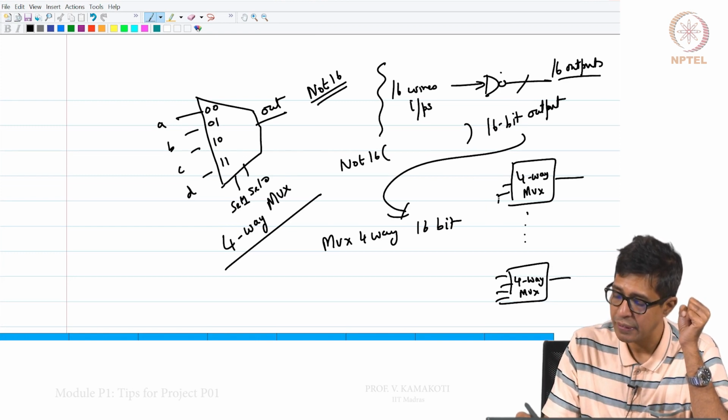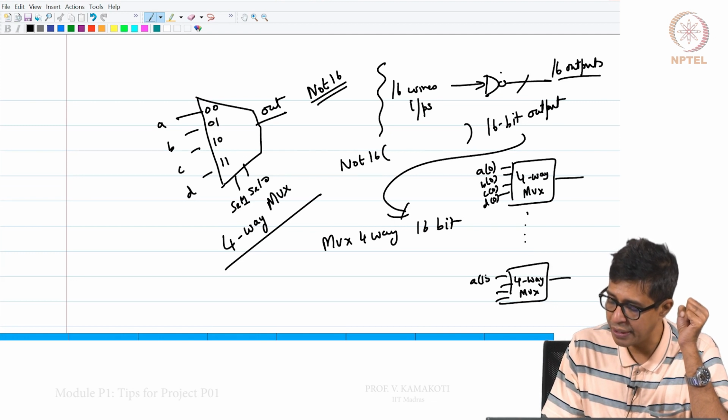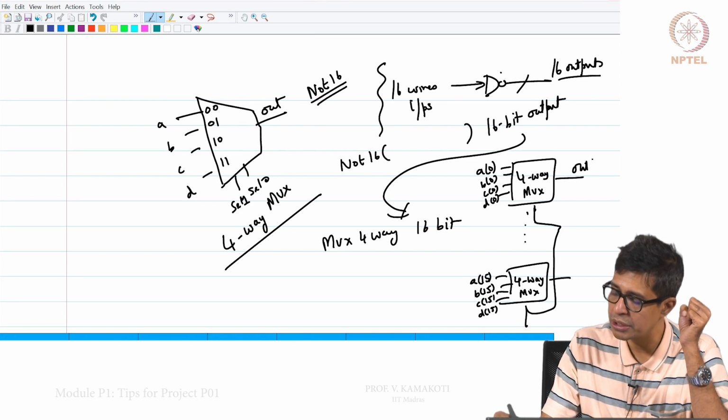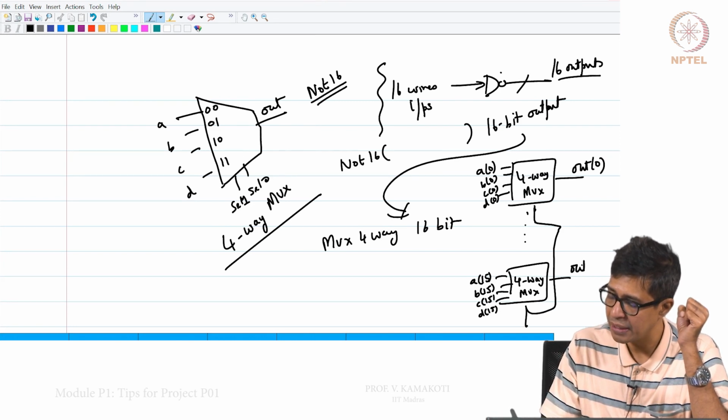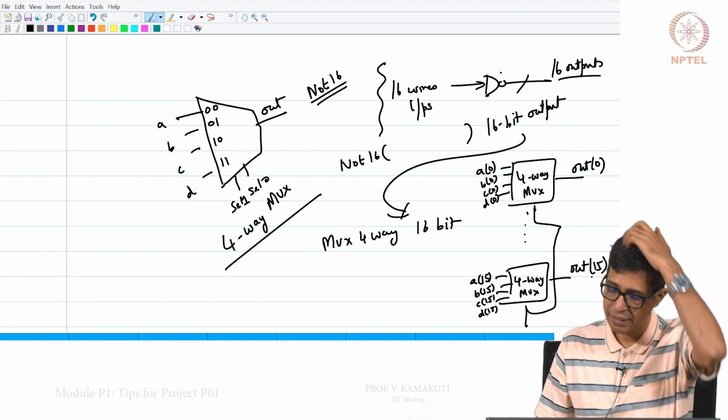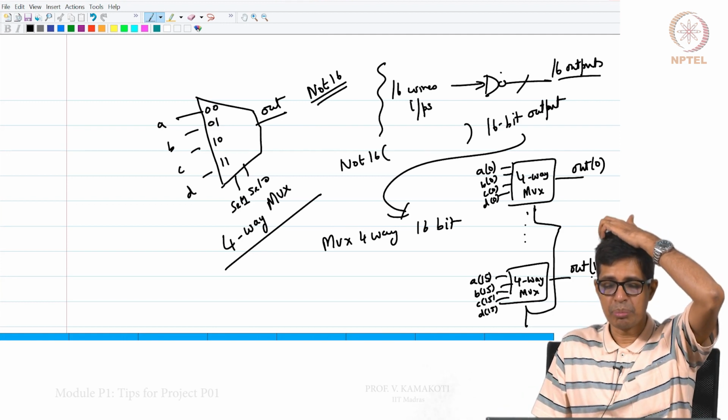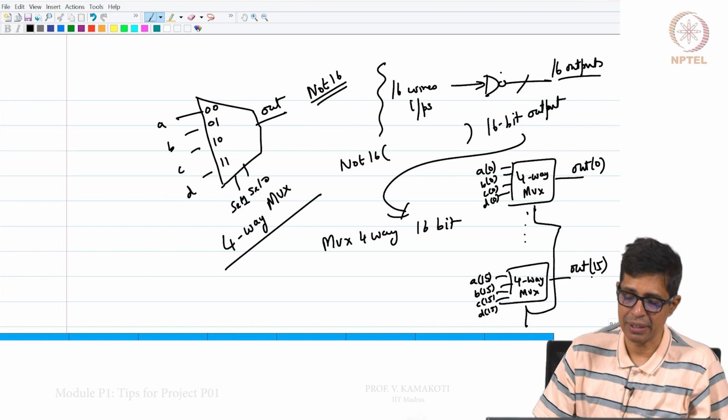I give A0, B0, C0, D0 here, and likewise A15, B15, C15, D15 here, and the select is common to all, and I get out 0 to out 15. We have explained that earlier. So this is a Mux4Way16.